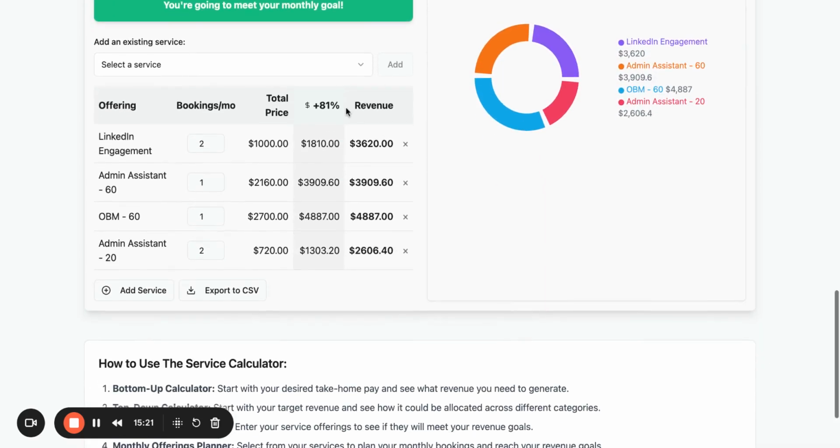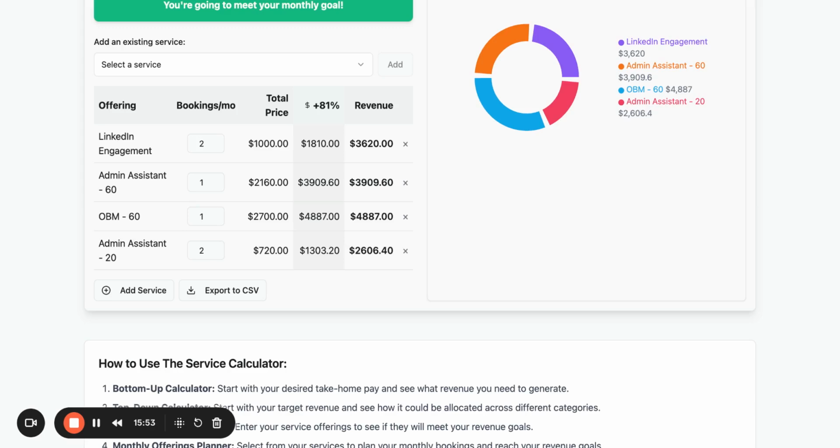Well, what is that reflected like in our actual packages? It's taking our LinkedIn engagement from 1,000 to 1,810, our admin assistant to nearly 4K, OBM to nearly 5K, and our lowest package from 720 to 1,300. These probably at this point feel like a significant jump because they are, and taking your current clients from where they're at right now to an 81% increase